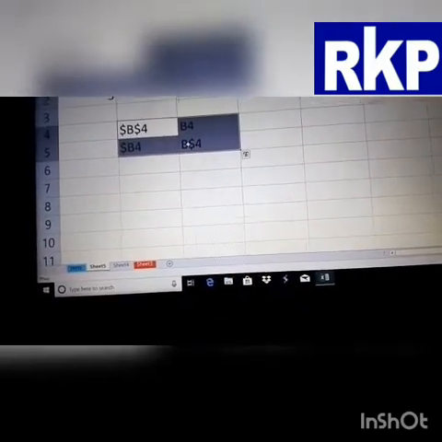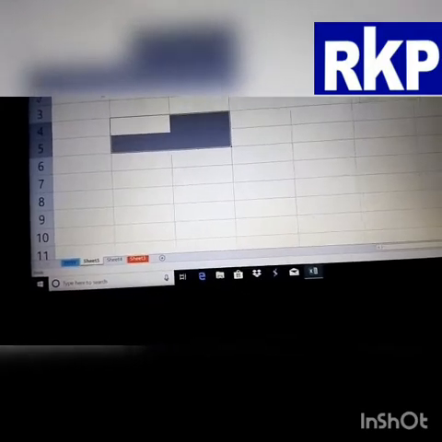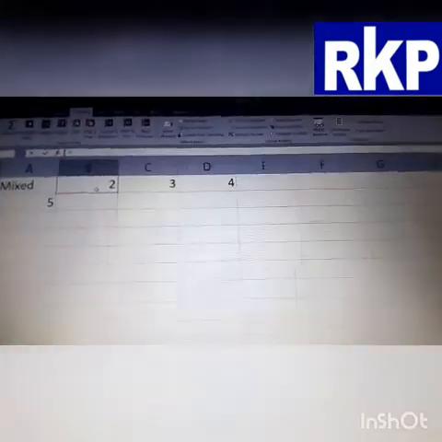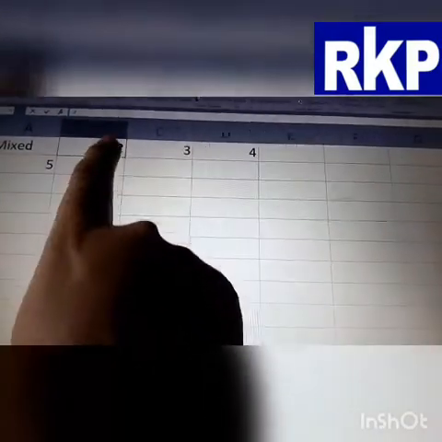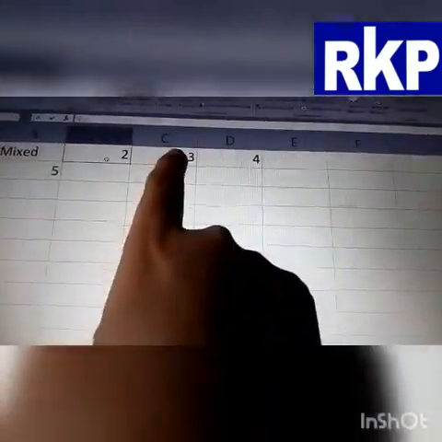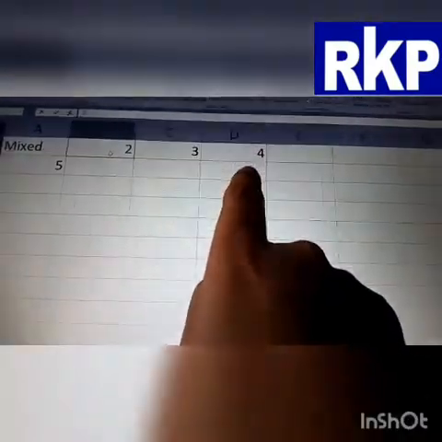Now students, this is my data and what is my requirement? I need the multiplication of 5 and 2 here, 5 and 3 here, 5 and 4 here.